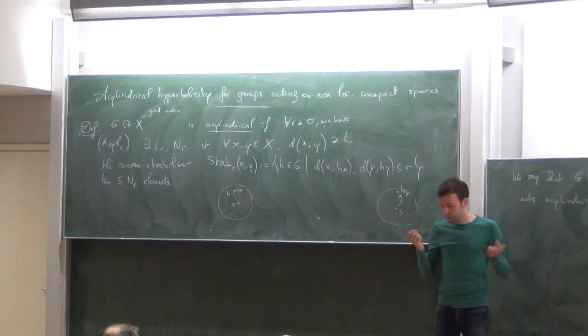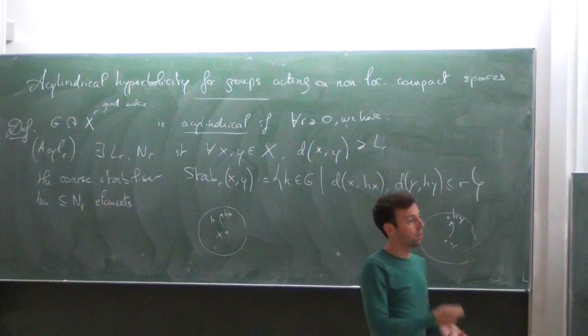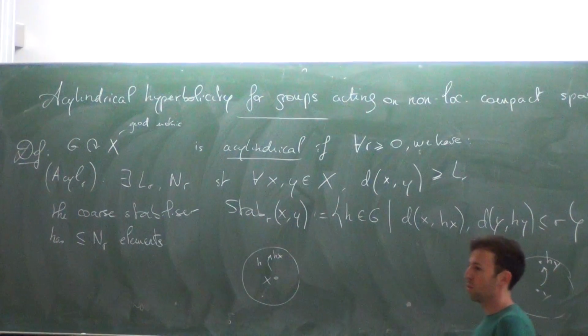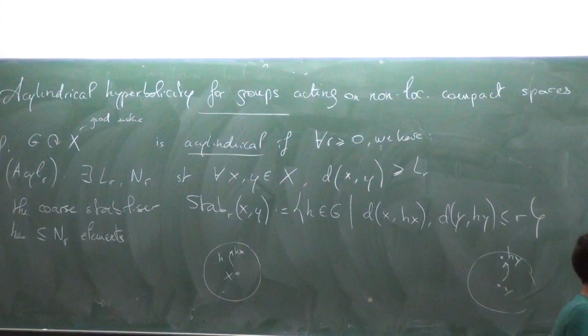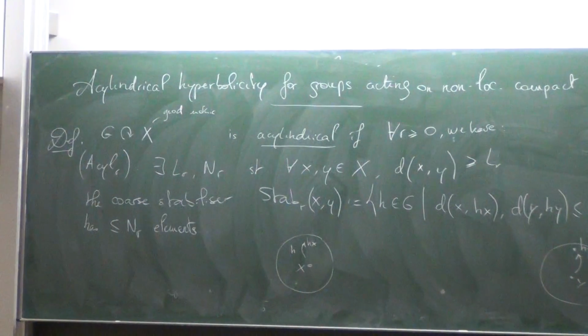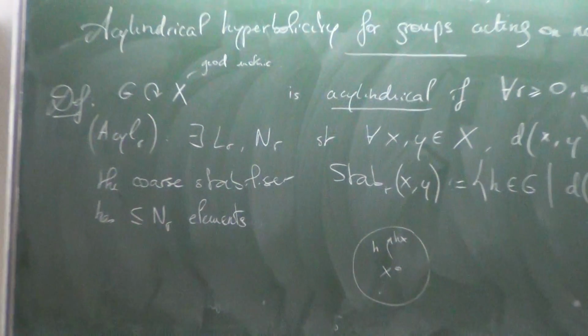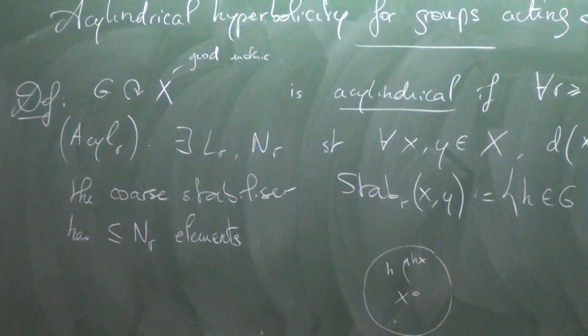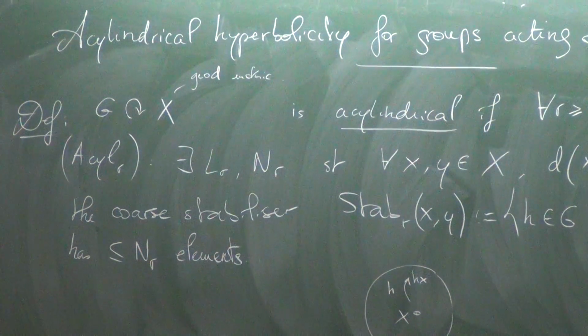Groups, many fundamental groups of 3-manifolds, and much more. And still, it's a property that implies strong consequences at the level of the group, and Dennis will probably talk about that. So maybe just one example of an acylindrical action on some hyperbolic space. So if you look at the mapping class group of a hyperbolic surface acting on its curve complex,